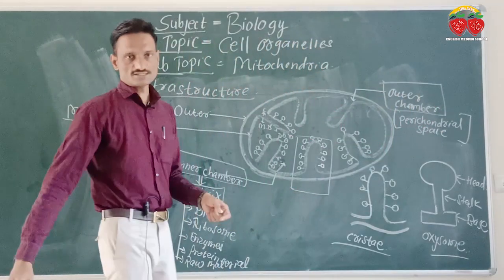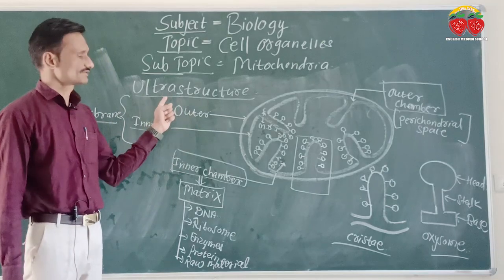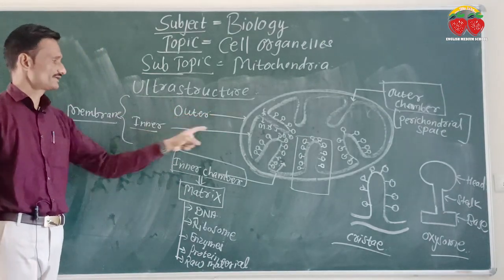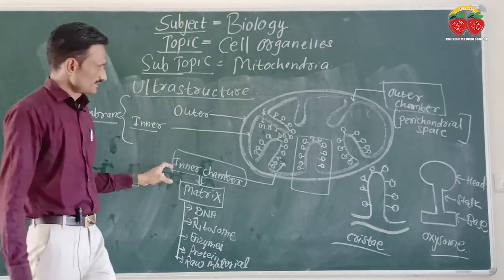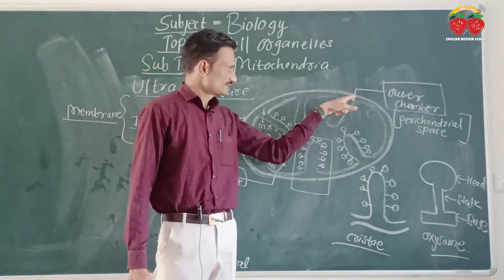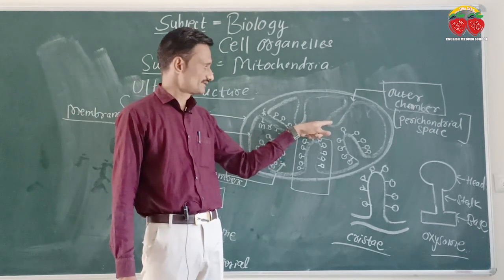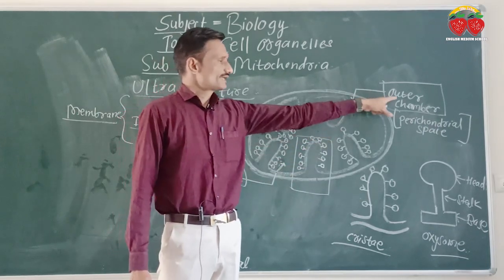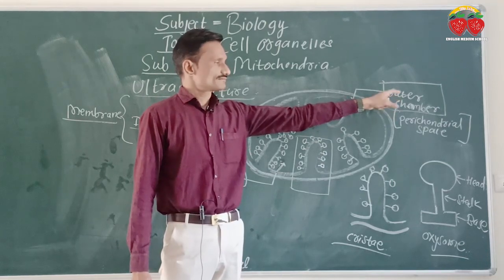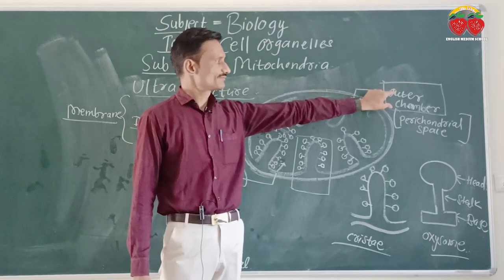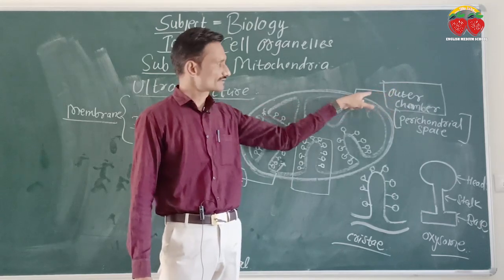According to the ultrastructure of the mitochondria, there are two chambers and two membranes, the outer membrane and the inner membrane. After the inner membrane, the outer membrane extends up to the cristae. Here, the outer chamber has a jelly-like substance, but with fewer enzymes, and it is called the